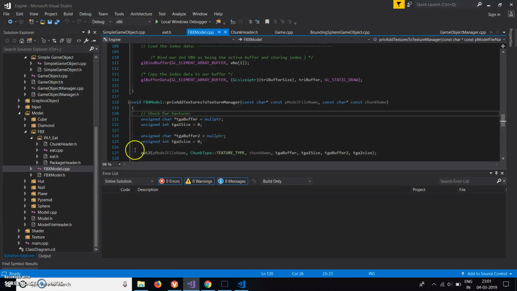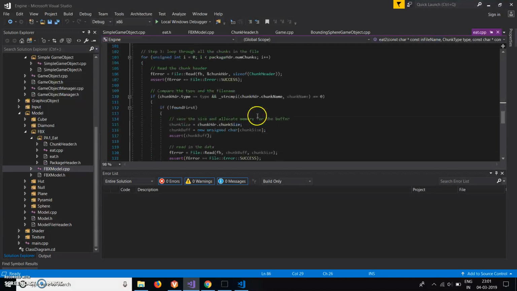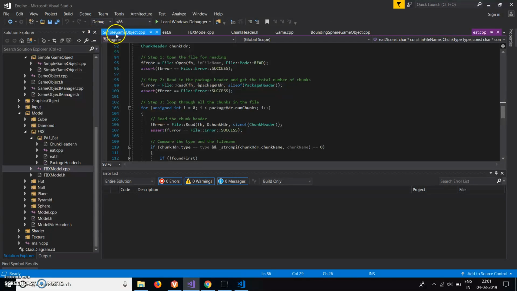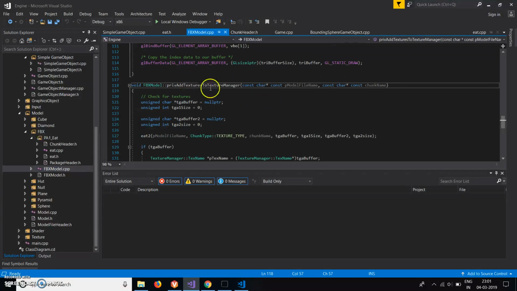I added a second eat function that can load two chunks of the same type, so it doesn't break when it finds one. It continues on and looks for a second one. So it's just the same thing, but instead of finding one, it finds two. Yeah, all right. So once we had that,